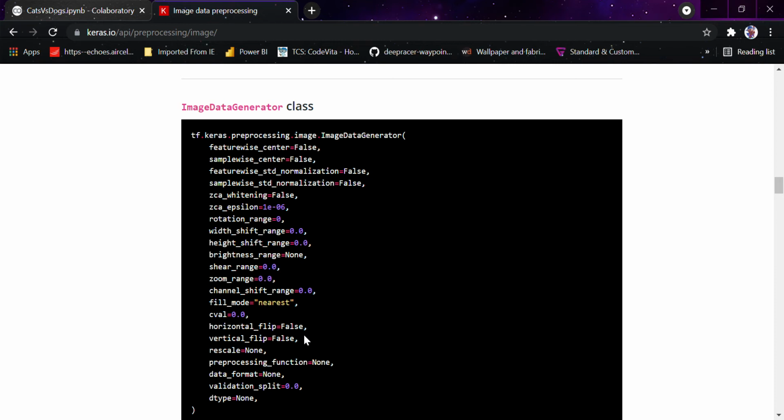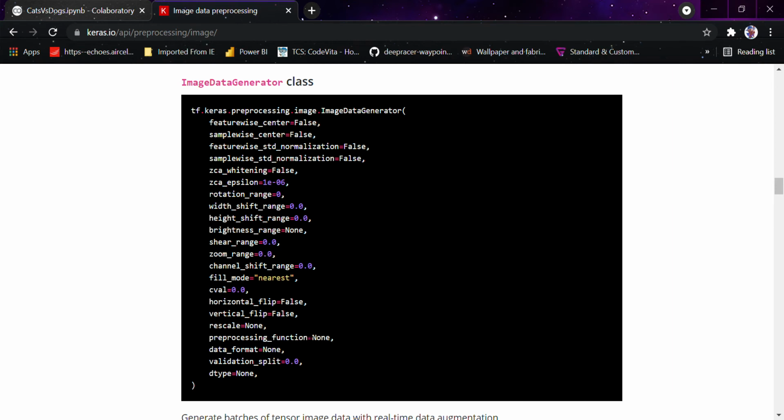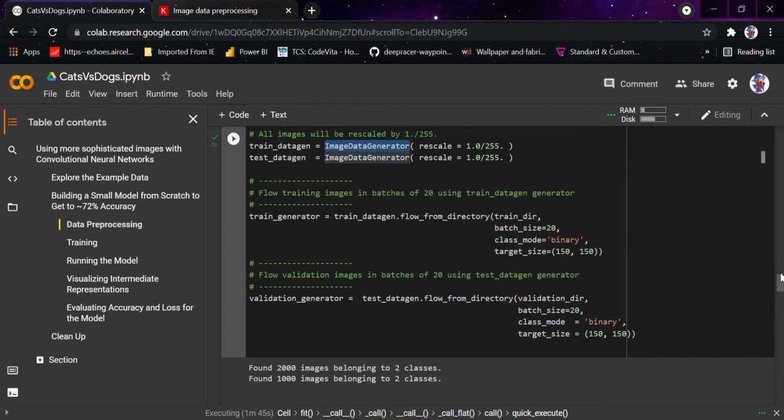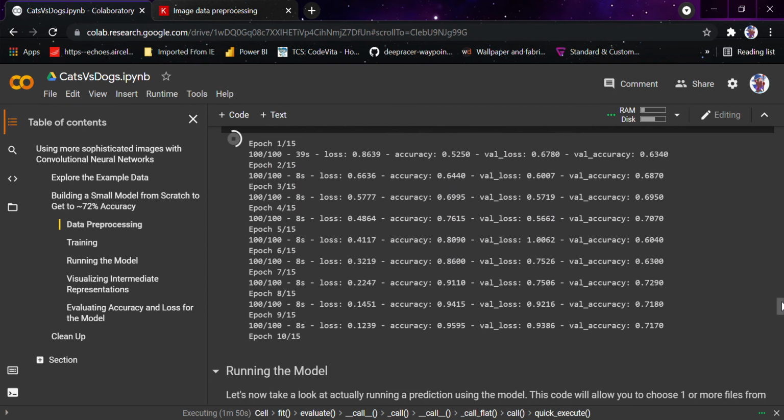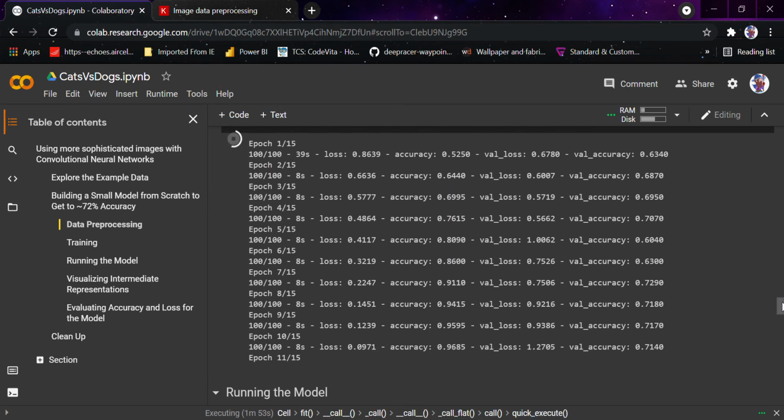Because just imagine if I tell my model, please tell me what image this is, and I give it a tilted image of a cat, how would the model be able to predict that? So at that time these options come into play, but for now I haven't mentioned them because this is a very simple model, and it's totally fine even if you don't train it so much. But in future models where you want the accuracy to go high, you would be doing that.